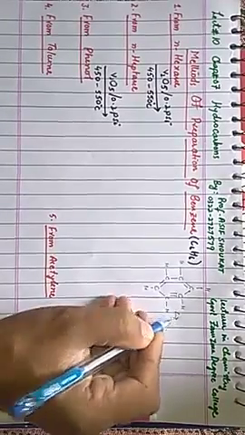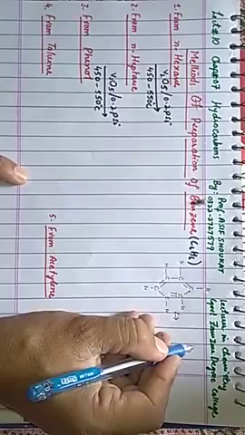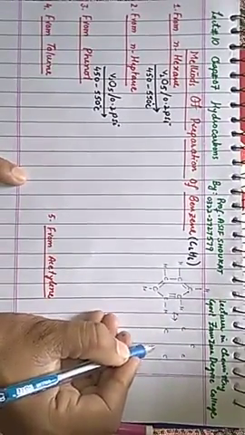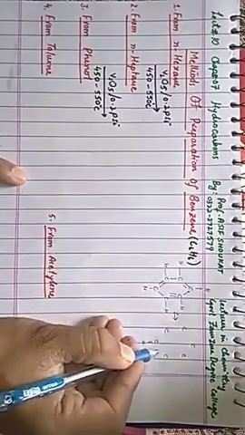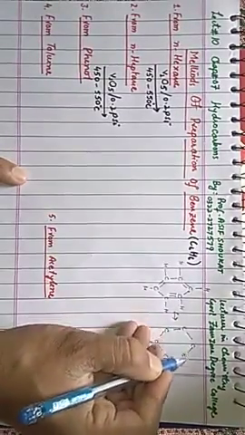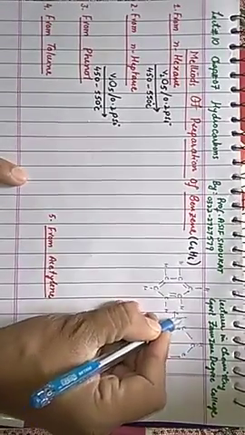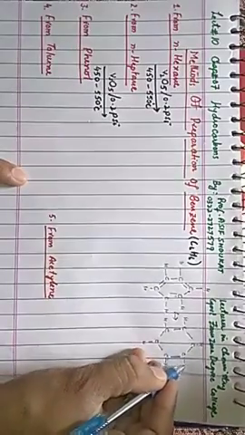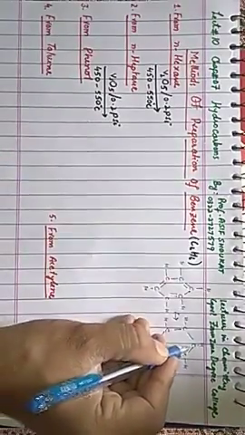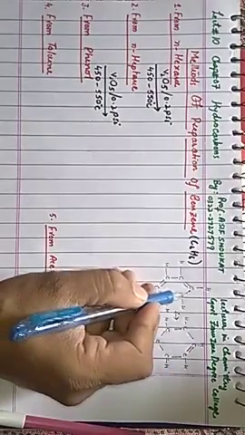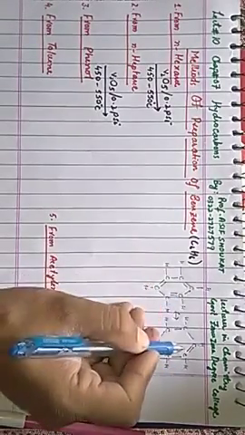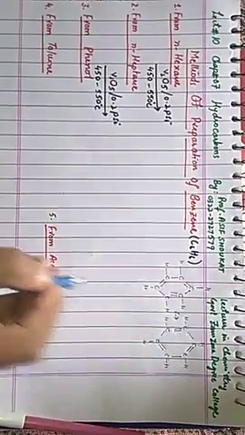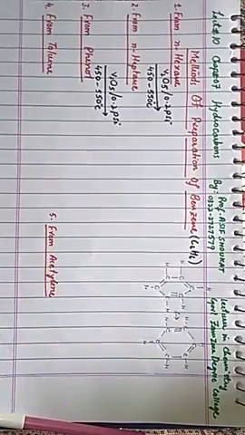This structure is equivalent to another structure of benzene in which conjugate bonding is present at a different position. You can observe easily that the double bond in this shape is there. Look at this position. There was only a single bond, but now it is double, single, then double, single, then double. It means both these structures are equivalent.